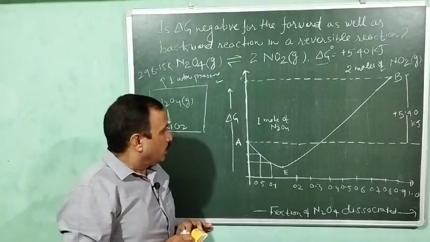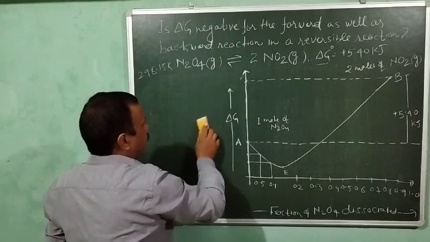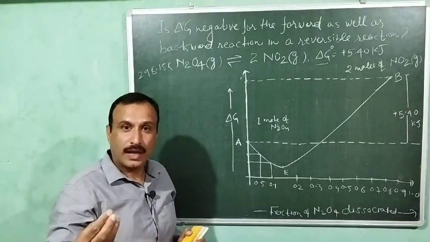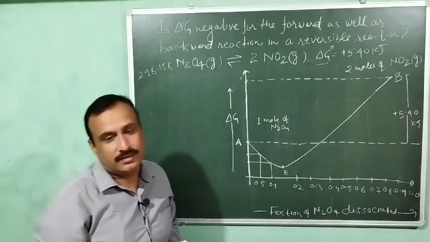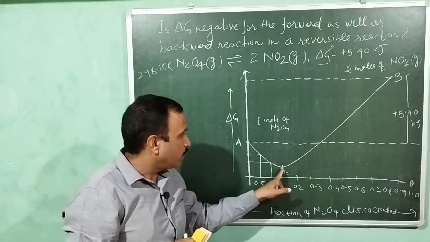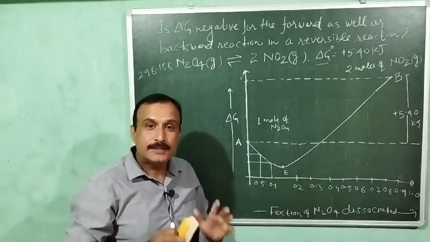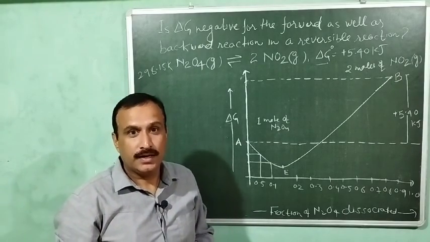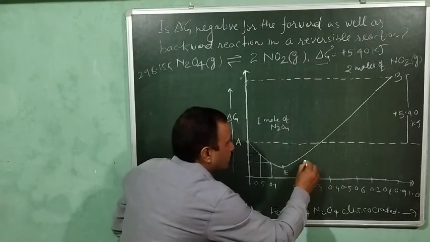Okay, so now let us explain it further. So as the reaction progresses, N2O4 is converted into NO2, and here we have a minima in this curve. इस कर्व में यहाँ जो पॉइंट E है, we have minima at this point E, and this point E is the equilibrium point. ठीक है, and this equilibrium point comes when the